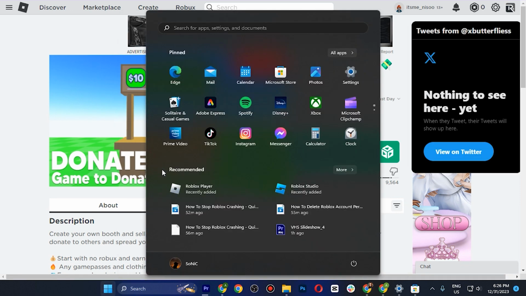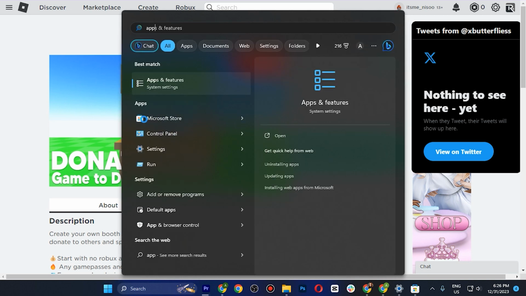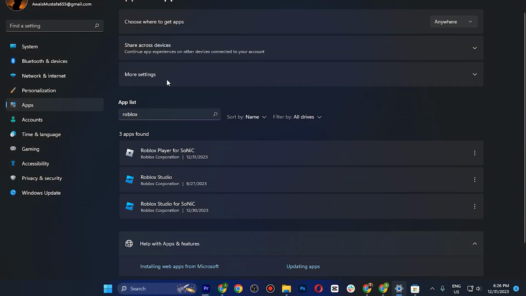is simply go into your Windows and from here you have to search for your app settings. Now once you are in the app list, here you have to search for Roblox and go to the Roblox player. Now what you have to do is simply click on these three dots and uninstall your Roblox, and after uninstalling